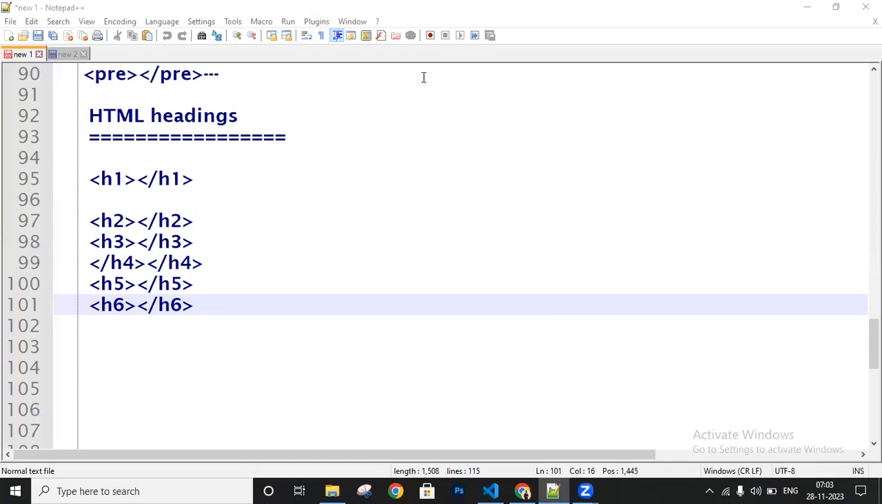The previous class we discussed HTML introduction, HTML editors, HTML attributes, HTML paragraphs and headings. So in this session, I would like to explain